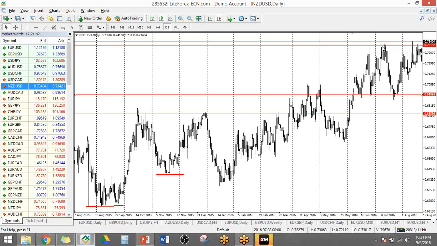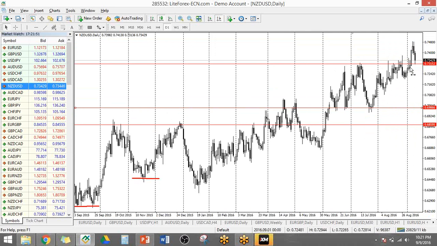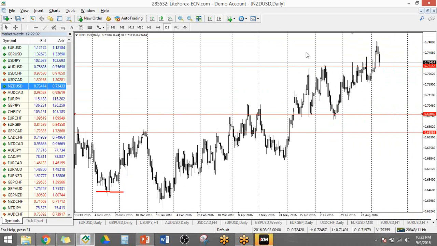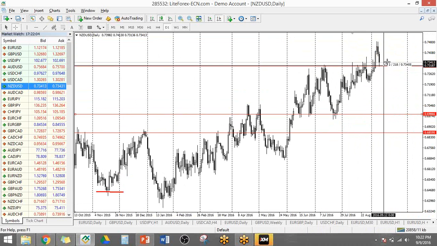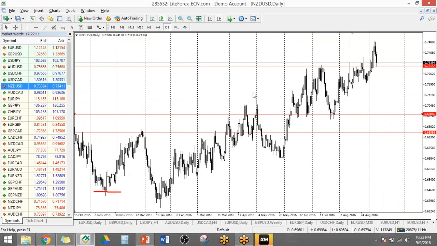Now you have this resistance. You might want to consider selling that. You can, but in case you sold it, we might have made a couple of losses there because it even pushed through. Now that it pushed through, you know that this resistance is now a new support. So you might want to actually continue that trade. It might continue to go up because the old resistance is now broken and is now currently a new support.